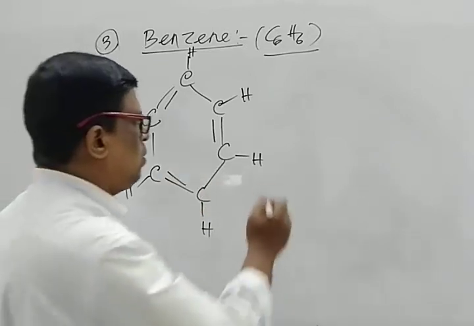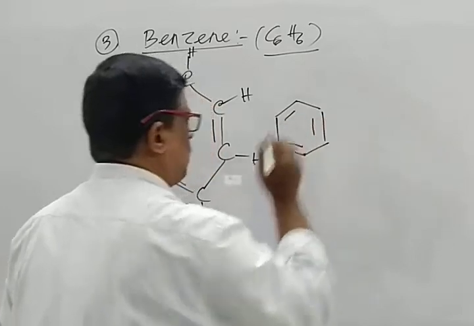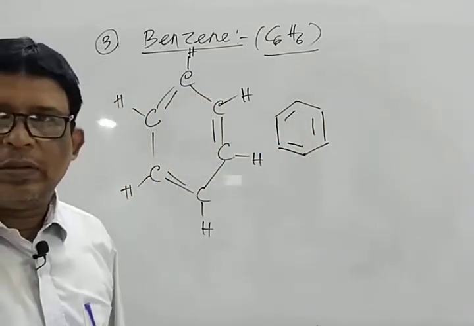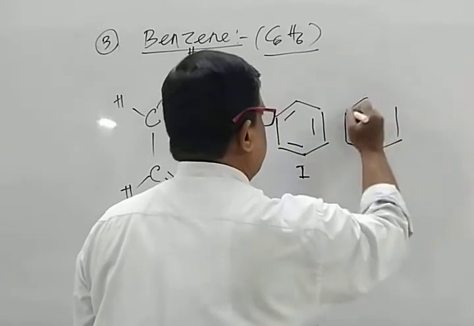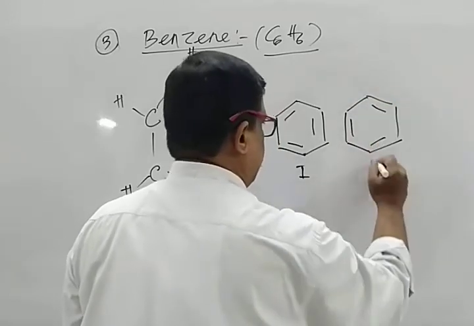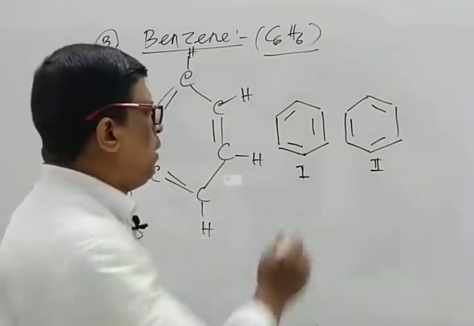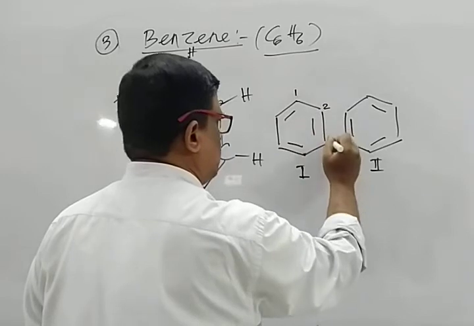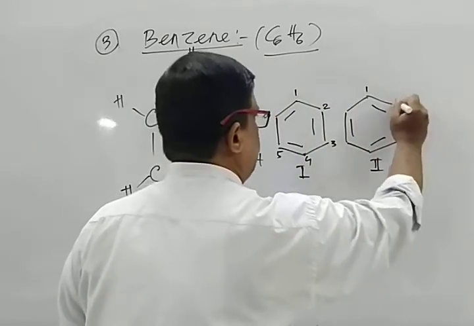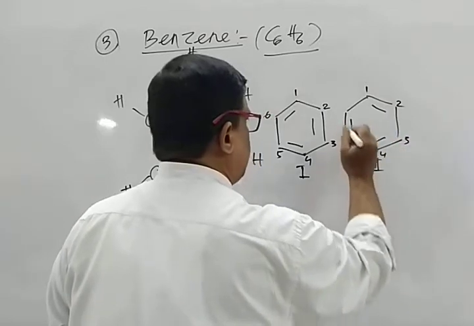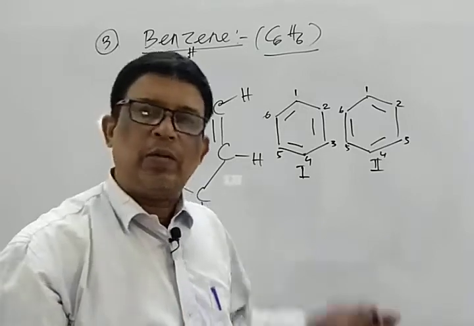This structure can also be represented like this. This is a bond line notation for the structure of benzene. So it is structure 1. One can also represent it like this. Mark that. This was first given by Kekulé: Kekulé 1 and Kekulé 2. Mark that. What is the difference? The total number of atoms remains the same. The total number of electrons remains the same. The total number of each kind of atom remains the same.